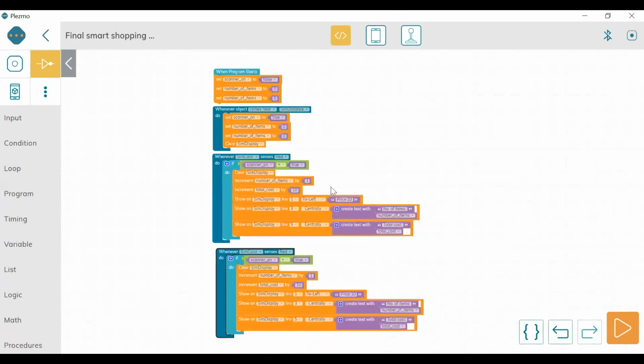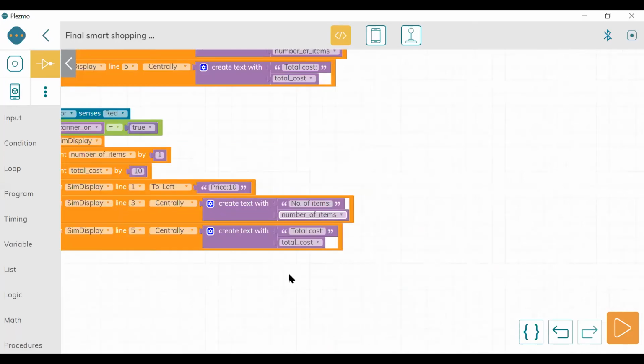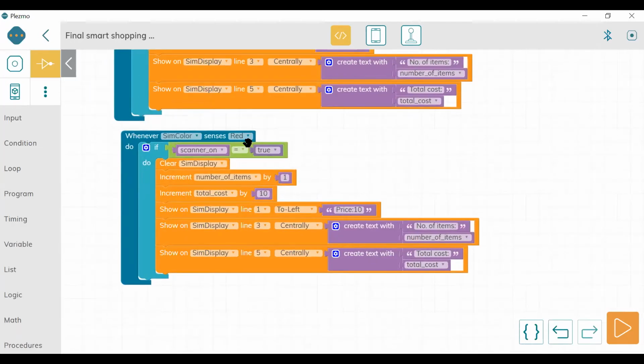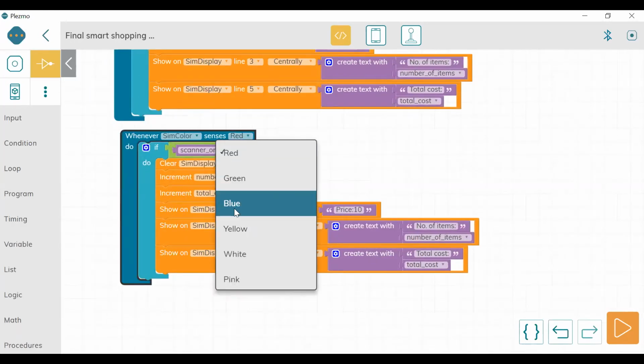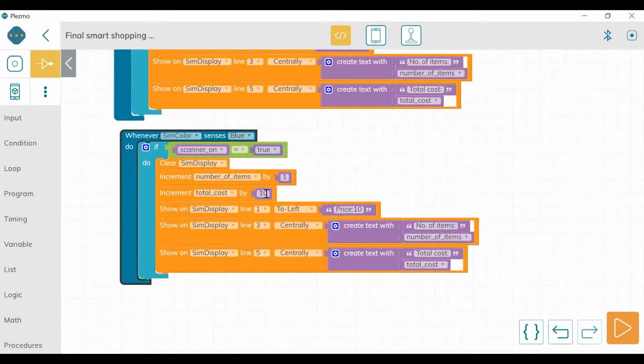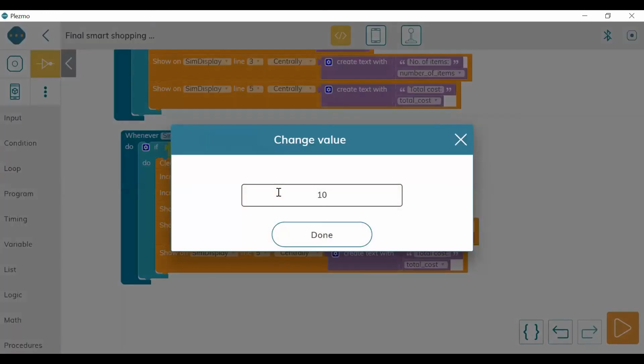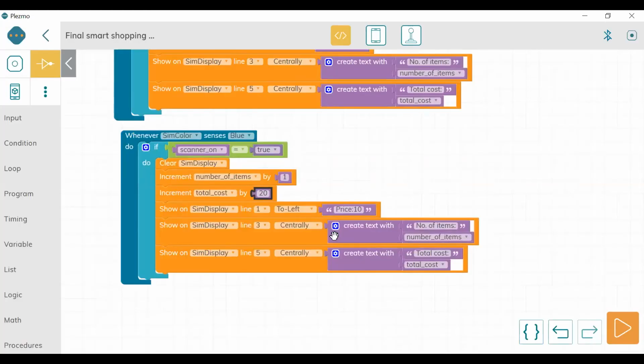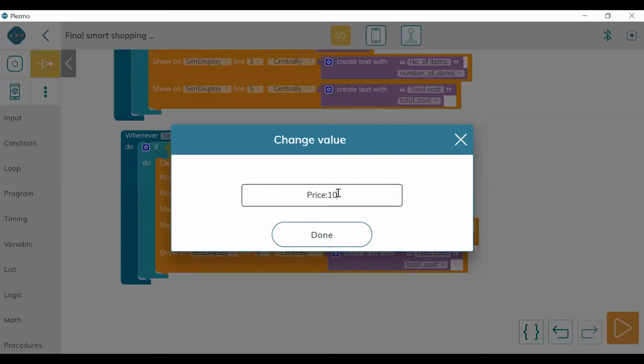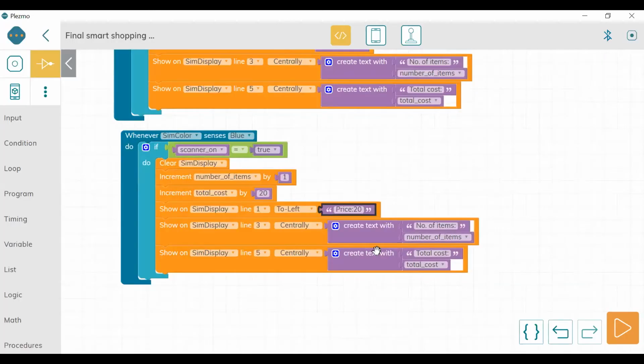So let's go to the red color, blue color. So for blue color, whatever changes are required, we are going to do that. So here the increment will be by 20. And here also price will be 20, and the rest remains the same because number of items it has to display, and total cost it will add accordingly because we are giving increment to blue as 20 rupees.